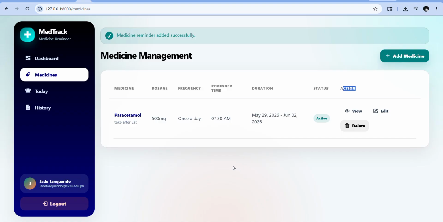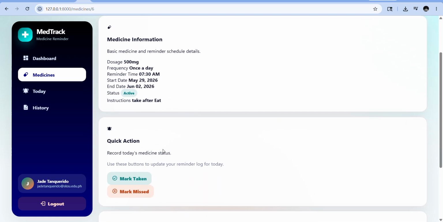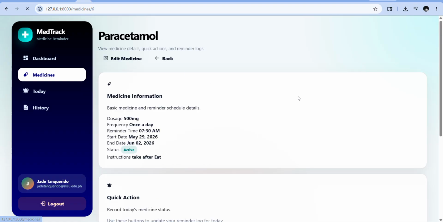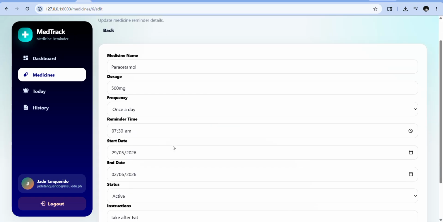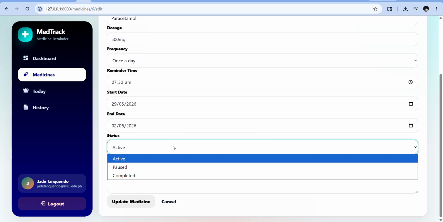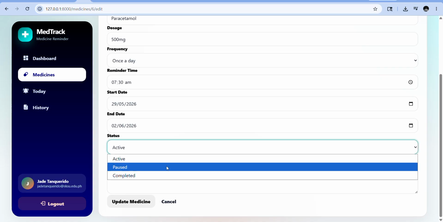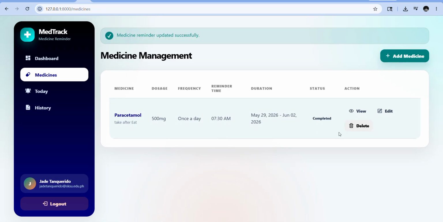The user can also view the medicine information, and the user can edit the medicine. For example, when the user has finished and no longer feels the symptoms, set as complete then update medicine. So, the status is complete.